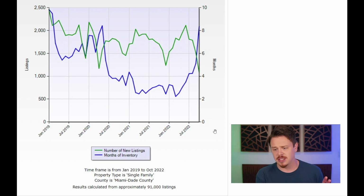Again, on the x-axis, you have months on the bottom, listings on the far left-hand side, and then months on the far right-hand side of our y-axis, okay? So number of new listings is our green line. You can see, once again, since about May, or actually June, you've seen nothing but declines in number of new listings, right? So that's why, even though sales are through the floorboards, active number of listings is through the floorboards,